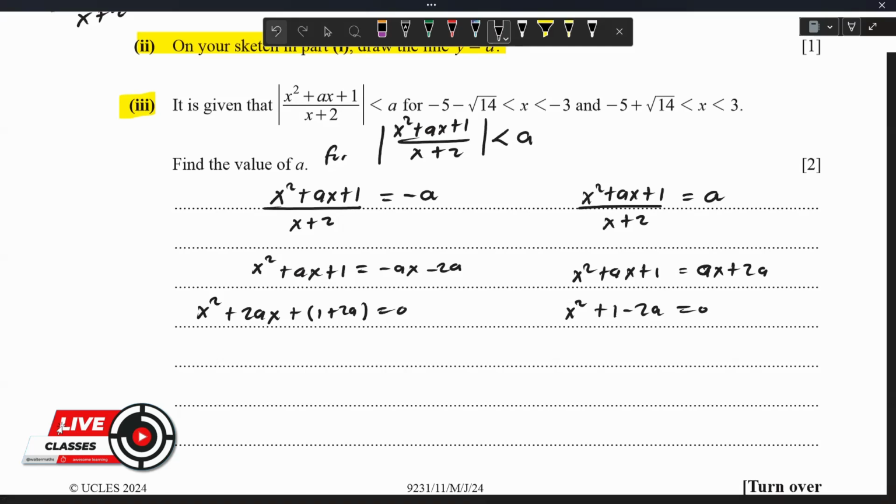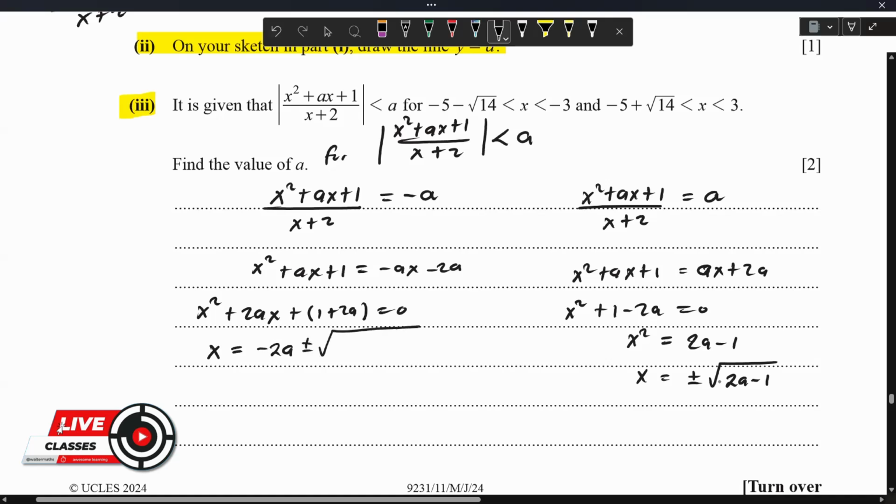And this one is easier to work with because we can say x squared is equal to 2a minus 1. So x is equal to plus or minus the square root of 2a minus 1. So for this one, we're good. All right, for the other one here, we have to use the quadratic formula, minus b plus or